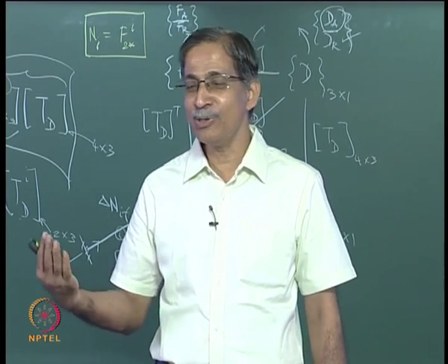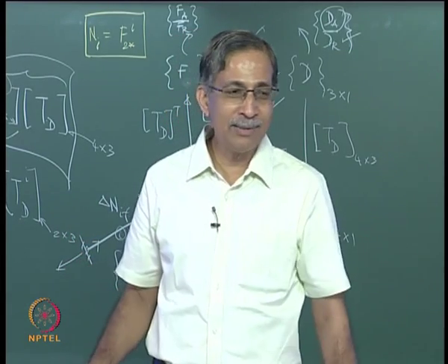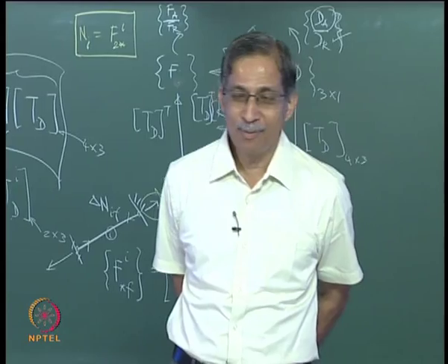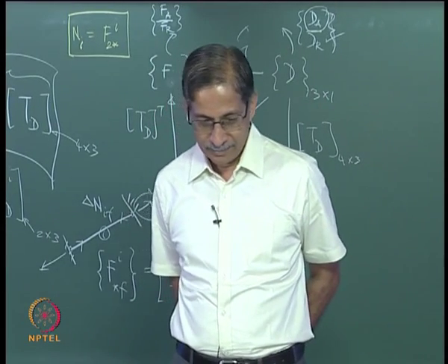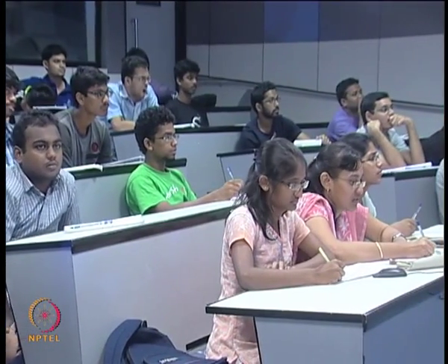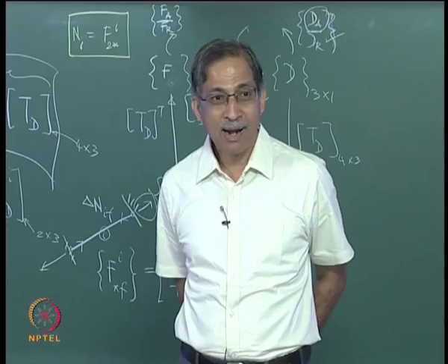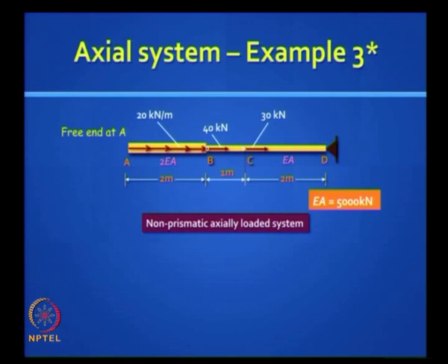So I do not want you to forget your basics. Can you quickly draw the axial force diagram? What will be the total reaction at D? Tell me the number. 110. 110 kilonewton, right? Show me how the axial force varies from A to D. Can you just draw it? Because that is the end answer you get from stiffness method. So you can predict the answer in advance.